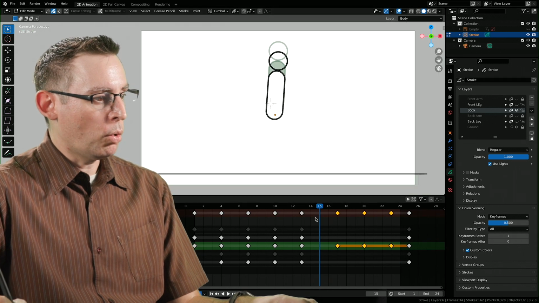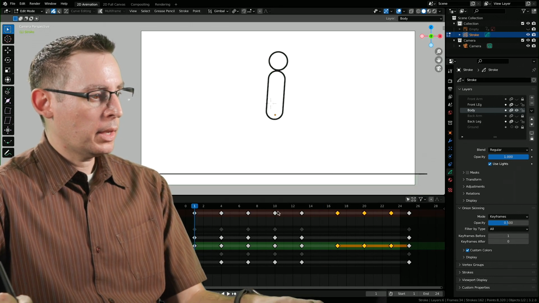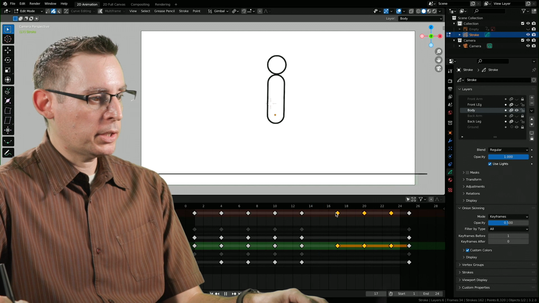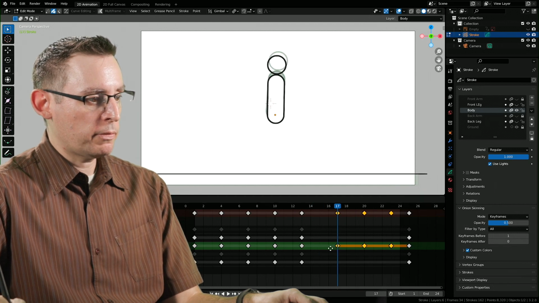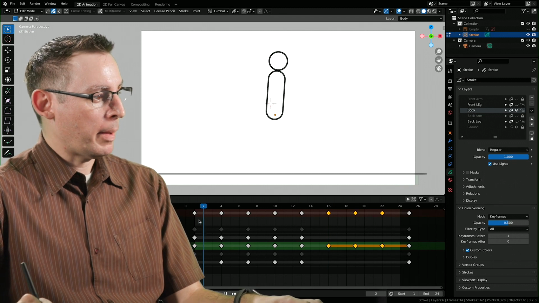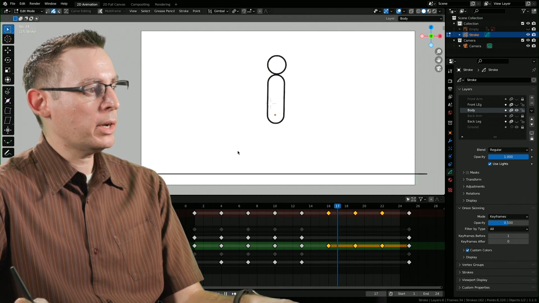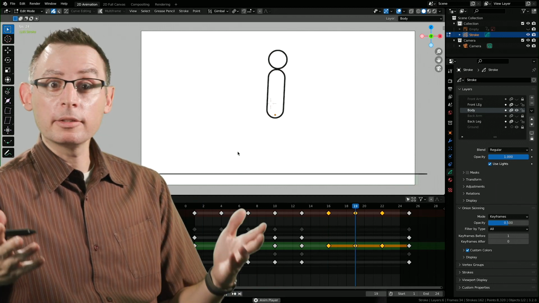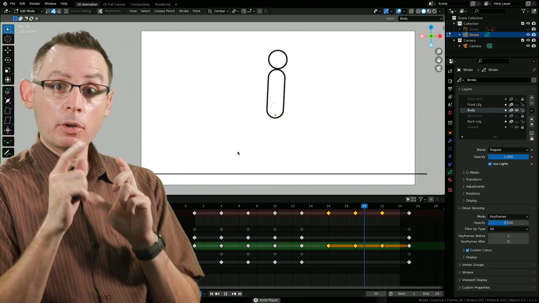Let's test it. We always test it. If there's a chance that we messed up, now's the time. And I messed up. I put them on the wrong keyframes. I put it on frame 17 versus 16. Well, I'm happy I caught that now. That would have been driving me crazy. Yeah, there it is. Now it looks like a complete cycle for the body.